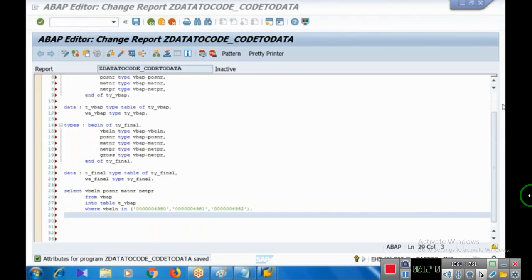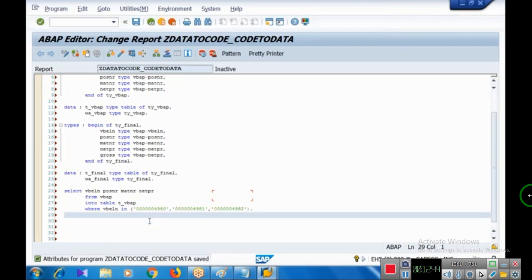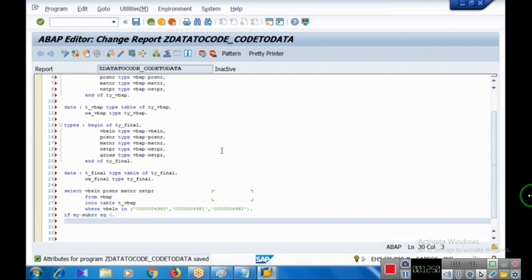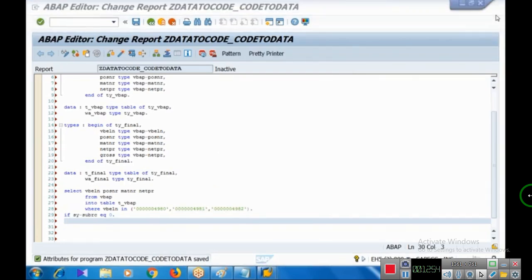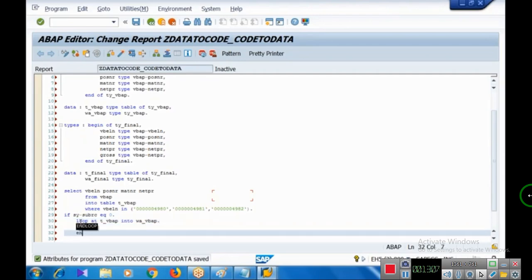All right, okay. So I'm writing the select query here. Then let me check for the size of RC. If size of RC is equal to 0, so what is the meaning? The select query is successfully executed. So if size of RC is equal to 0, let me just loop it and display. Loop at T_VBAP into W_VBAP, done, end loop,